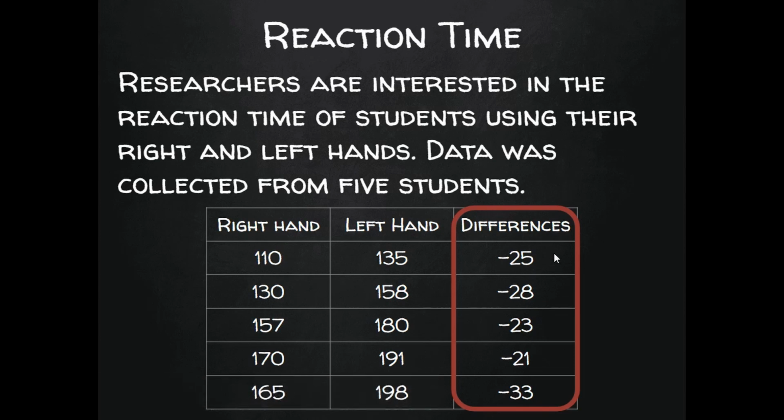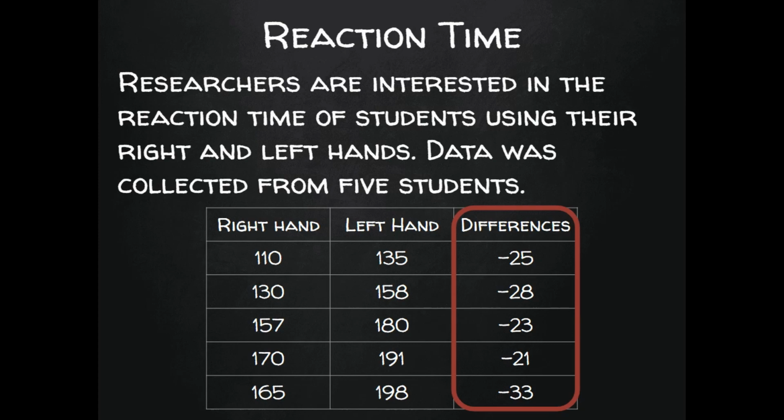Now, I chose to subtract from left to right, so I did right hand reaction time minus left hand reaction time. Usually, you want to subtract in the order that it's written in the problem. However, the direction's arbitrary. We could choose to subtract in either direction. We are going to treat this list of differences as a single data set, and we will run all of our hypothesis tests and our confidence intervals on it, just like we did when we had one sample for means